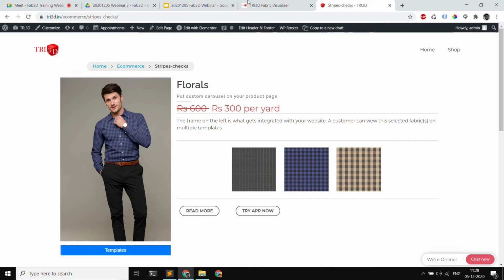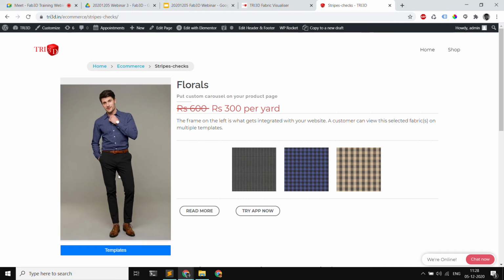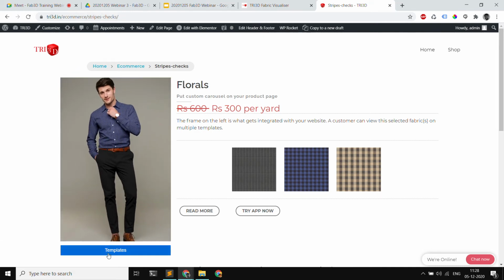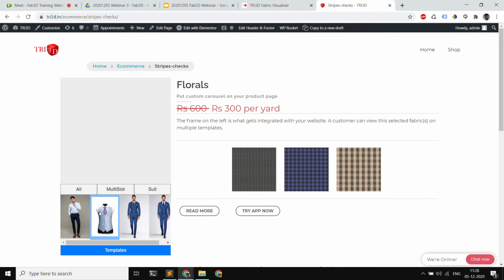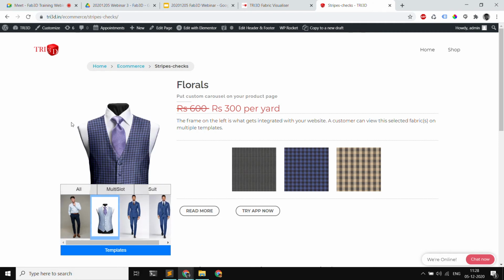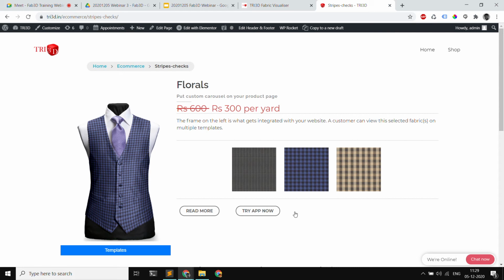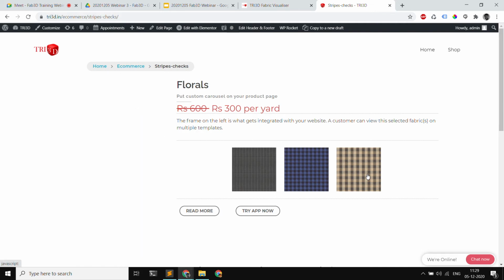That means your website won't get heavy because we have integrated this. Your customer will be able to see the details in different templates, and what all templates you want to show to your customers is something you can dictate. So that's how website integration works.